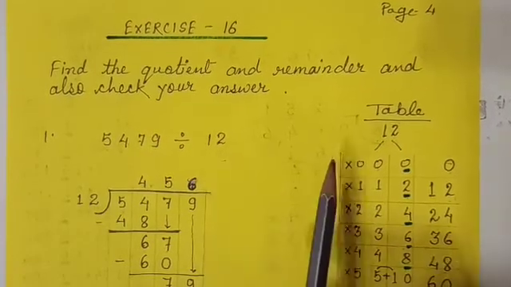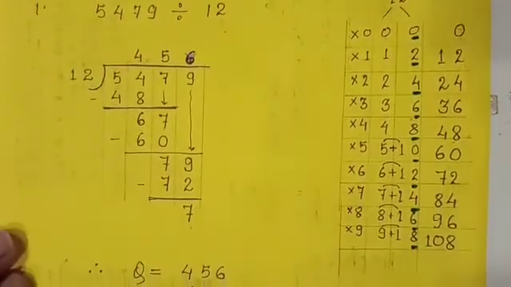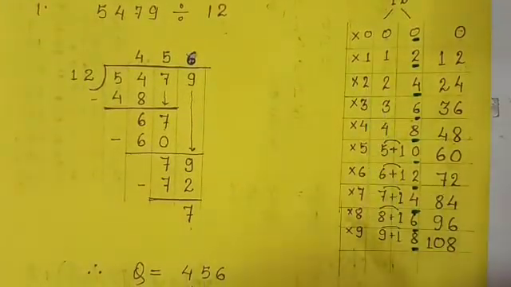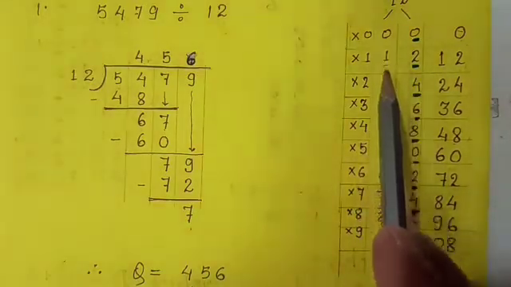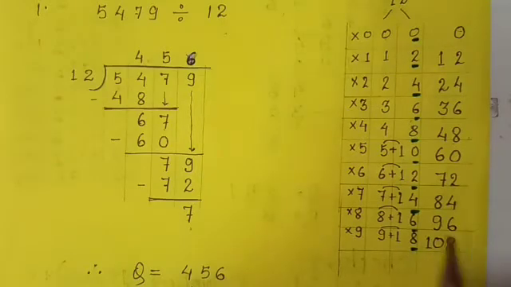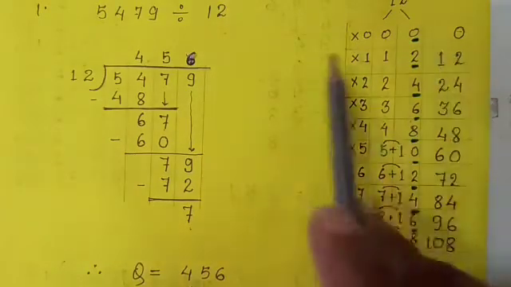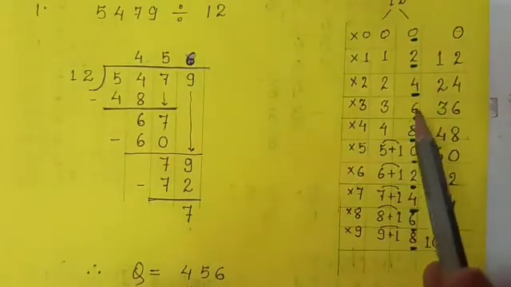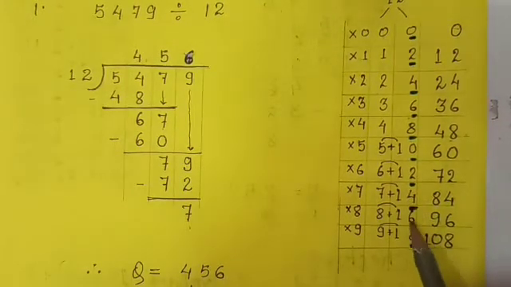Now look at how. Here it is given the table of 1. This is called the splitting method. After splitting, we have to write the table of 1 in this column and table of 2 in this column. Everybody knows the table of 1 and table of 2. Now look, it is 1, 2, 3, 4, 5, 6, 7, 8, 9 and it is 2 1s are 2, 2 2s are 4, 2 3s are 6, 2 4s are 8, 2 5s are 10, 2 6s are 12, 14, 16 and 18.